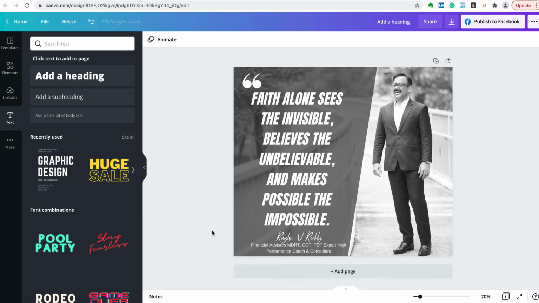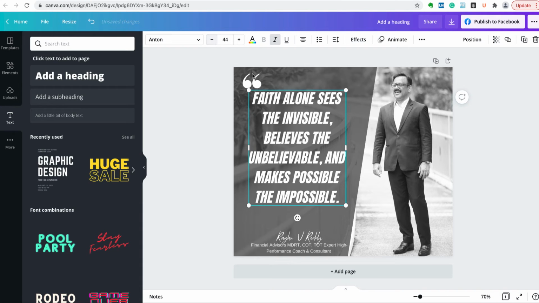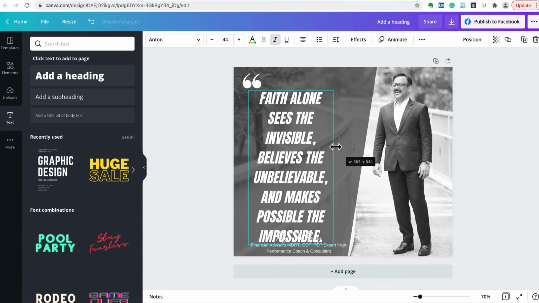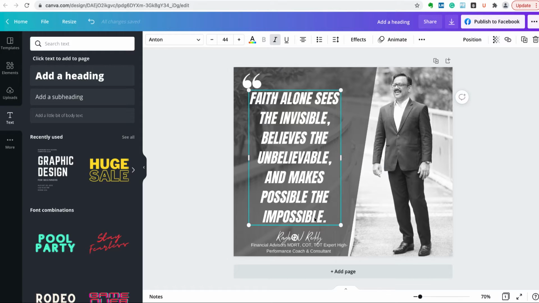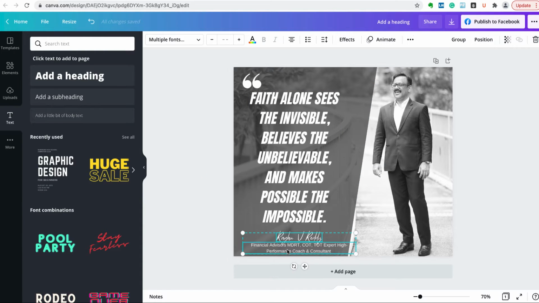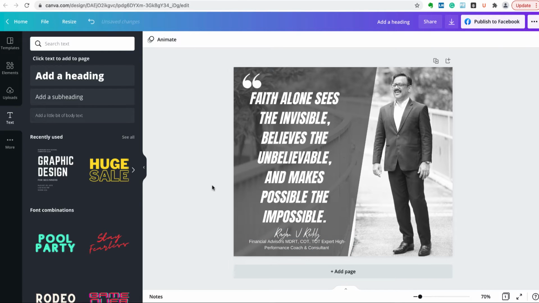Okay, that looks good. And what I can do is a little bit more adjustment, like decrease the size a little bit more, so that way I can reposition this to make it look better. And there you go. Now this becomes your post that you can just download and post onto your social